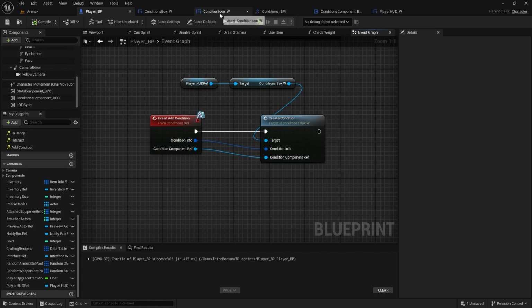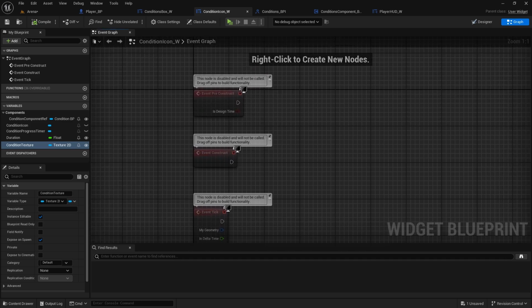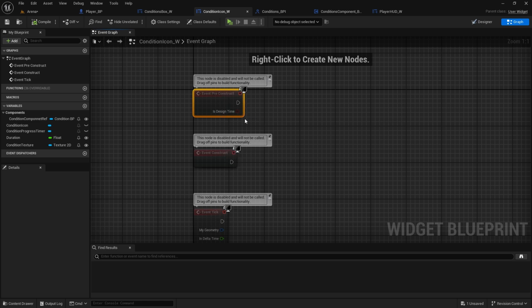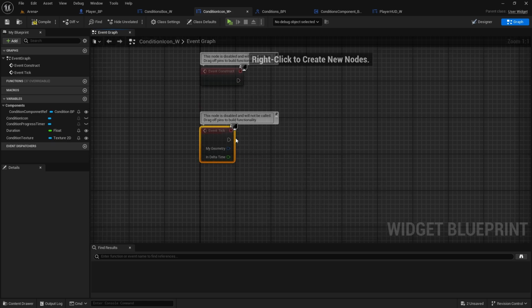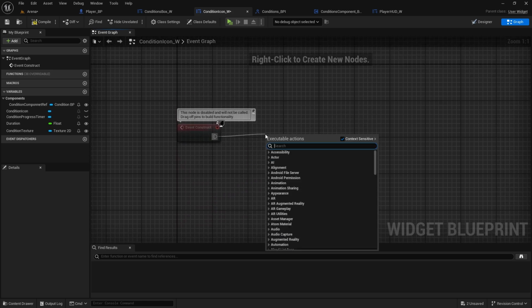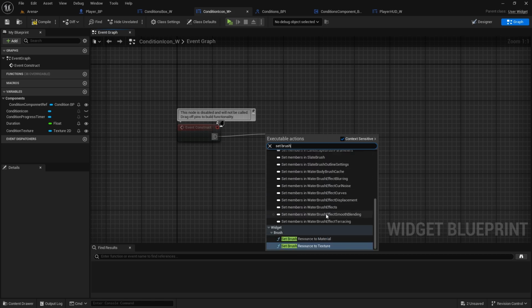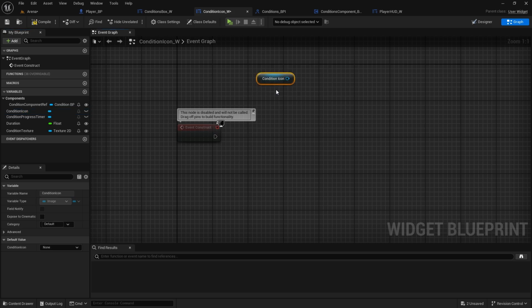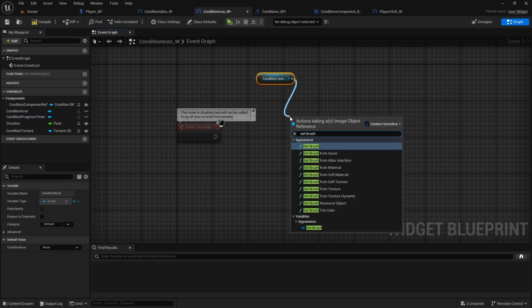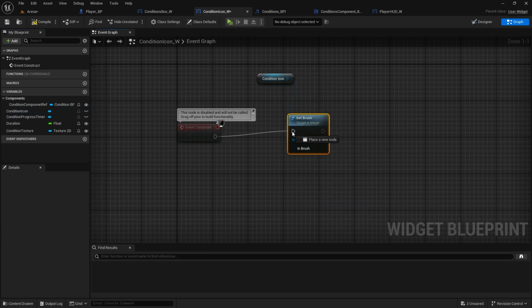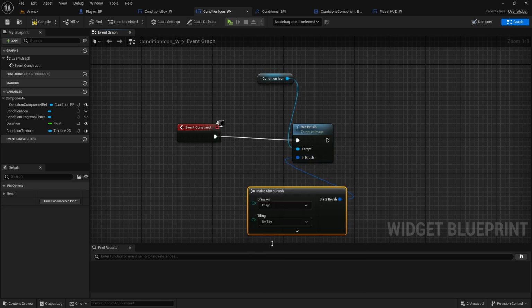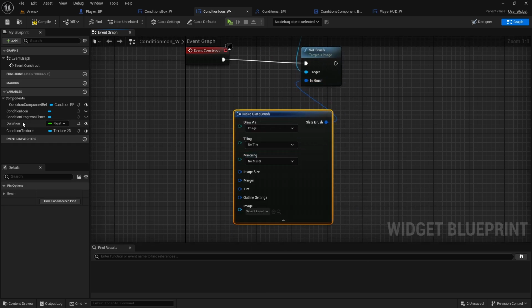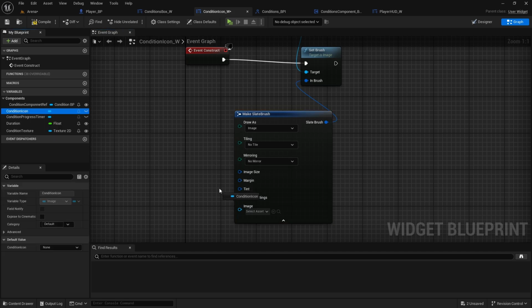Okay, and now in the condition icon, first in the beginning, so destroy the pre-construct and tick, we're going to set brush, get the condition icon, and then set brush. So we're going to set the icon, break it open, make slate brush. The icon will be condition icon, so image,